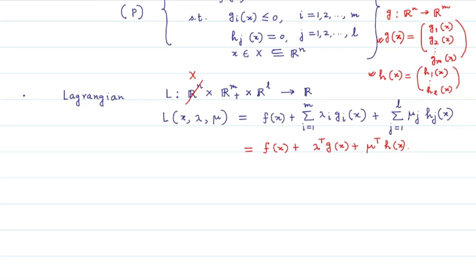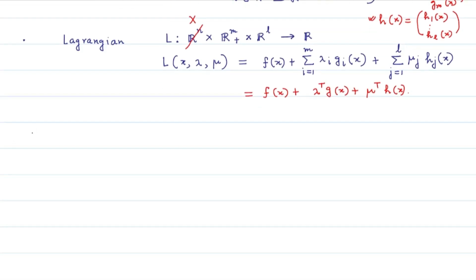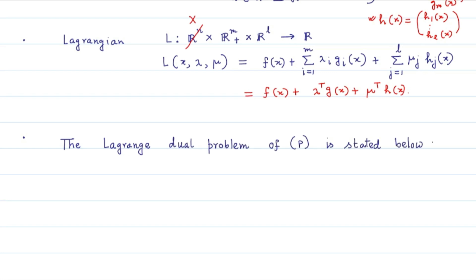After defining this Lagrangian function, we formulate the dual of the given nonlinear programming problem P. The problem is as follows. It is a maximization problem: maximization of the function theta(lambda, mu) subject to lambda greater than or equal to 0 and mu belonging to R^l, where this function theta, the objective function, which we call the objective function of the dual problem, is given by